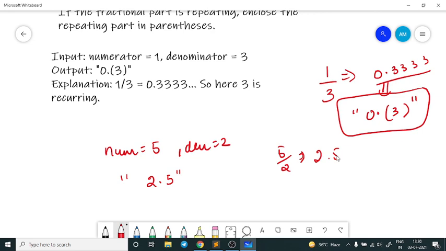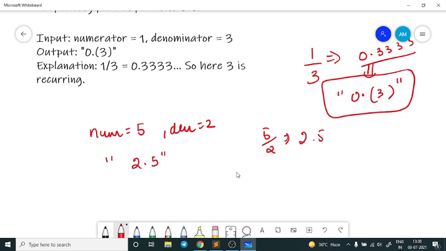Hence there is no enclosing bracket, so we normally return 2.5. In case it was 10 by 5, then it is perfectly divisible, and in that case we normally return 2.